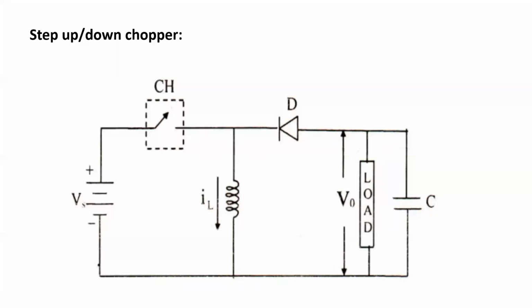And by seeing the circuit diagram itself, tell me, any one of you, when the chopper is on, that means the switch is closed here. Here is there any possibility of getting output voltage for us? The question is clear, so listen carefully. When the chopper is in on condition, is there any possibility of getting the output voltage?